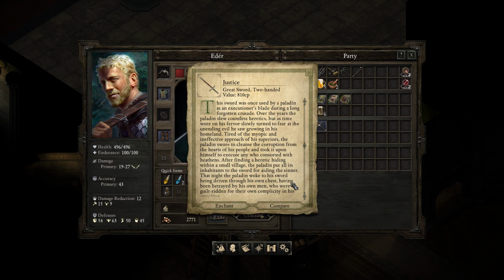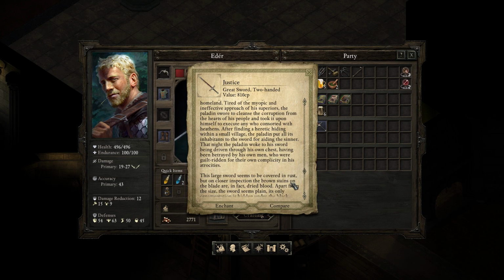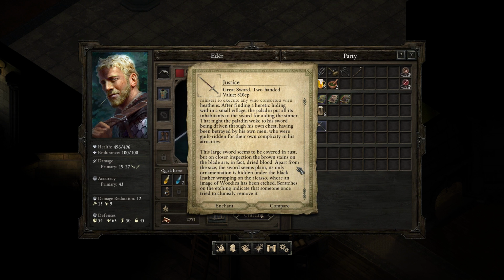After finding a heretic hiding within a small village, the paladin put all its inhabitants to the sword for aiding the sinner. That night, the paladin woke to his sword being driven through his own chest, having been betrayed by his own men, who were guilt-ridden for their own complacency in his atrocities. The large sword seemed to be covered in rust, but on closer inspection the brown stains on the blade are, in fact, dried blood. Apart from the size, the sword seems plain. Its only ornamentation is hidden under the black leather wrapping on the ricasso, where an image of Wodica has been